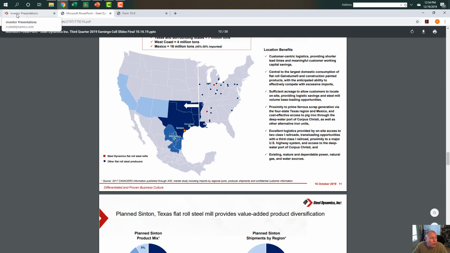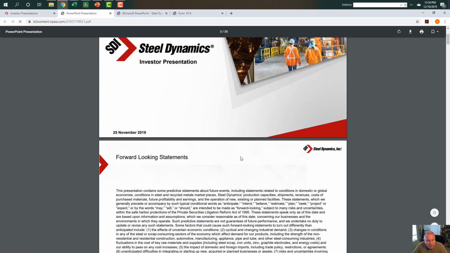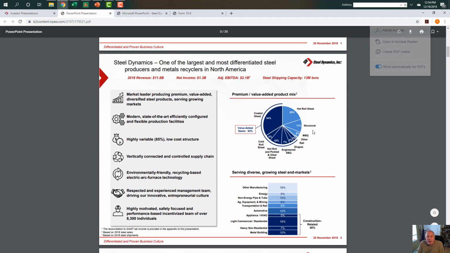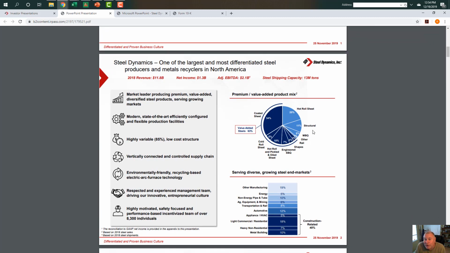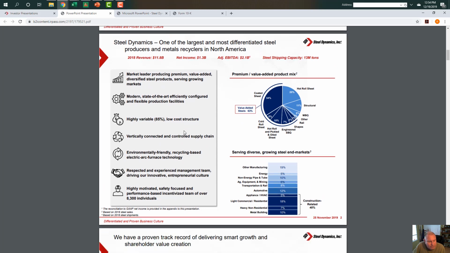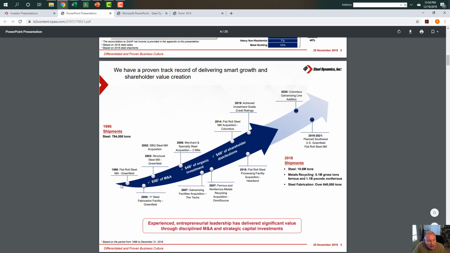So that is one. If we go back and we find the actual investor presentation, we're seeing some of the same things, but it tells us this is where I found they're going to premium value added. This is where I found some of these. These are some of the strengths. And notice it's visual, okay? And when they're showing they're delivering growth and shareholder value, they're taking us through this